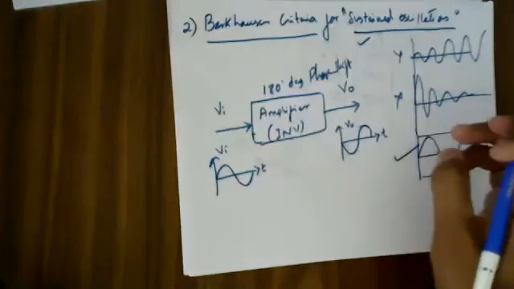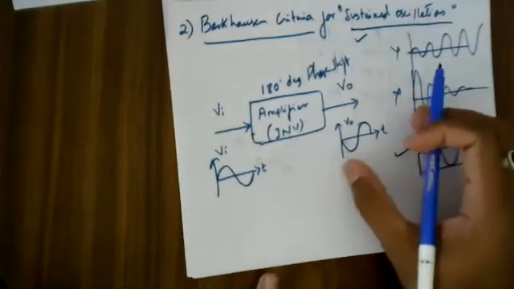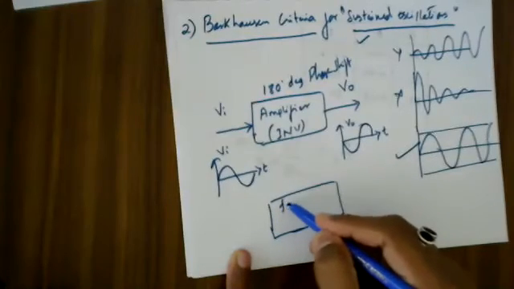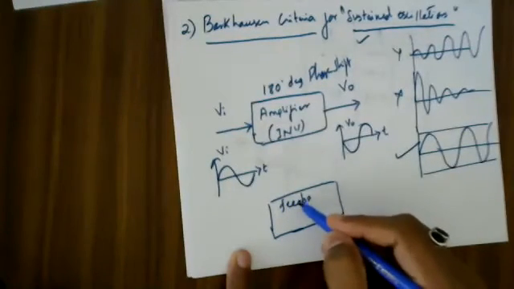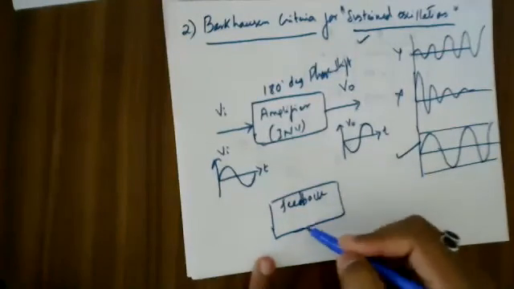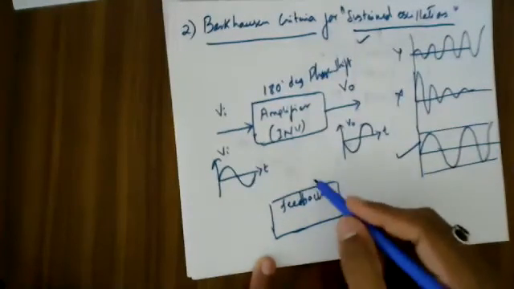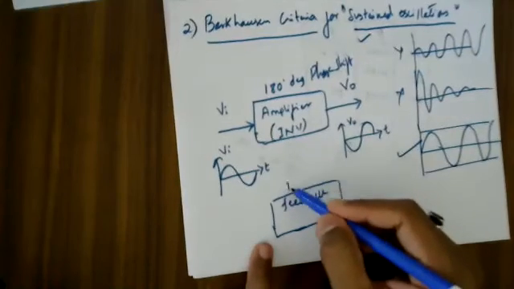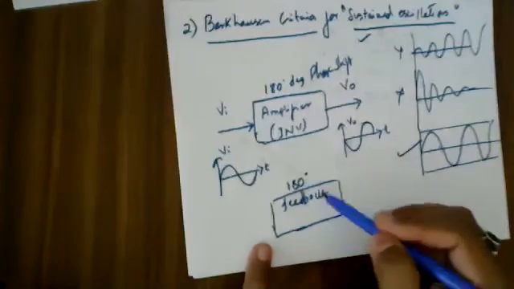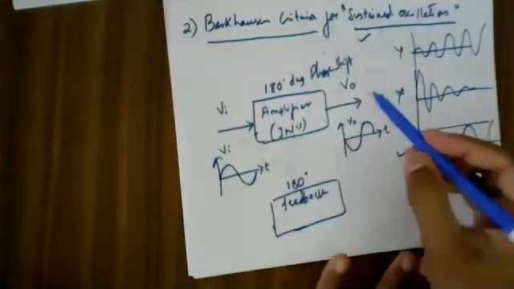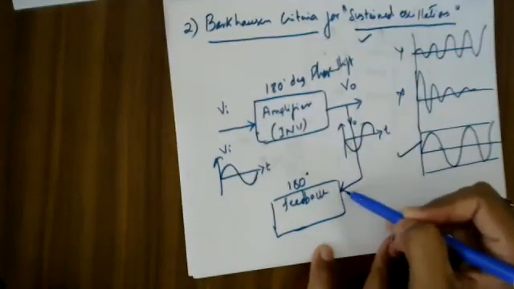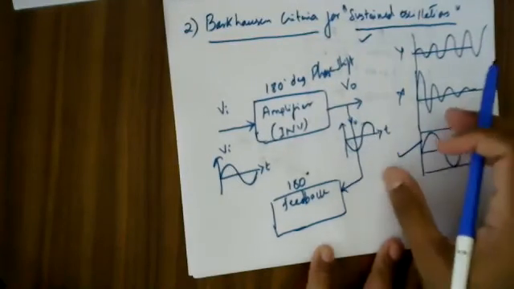Okay. Now what I will do over here is I will have my feedback circuit. I'll have my feedback circuit such that this feedback circuit also has the ability to produce one more phase shift of 180 degree. Let me say that this output voltage, whatever I'm getting, I'm going to feed it as an input to this feedback circuit. The output is fed as input.